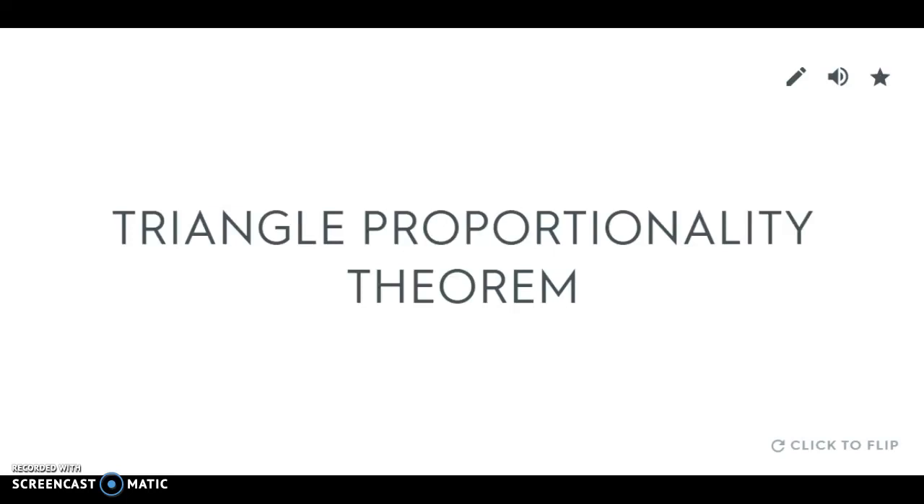Okay, so what we're working on today in this section is we're moving away from similar triangles and working with other ways to have things proportional. And the first one is the triangle proportionality theorem,